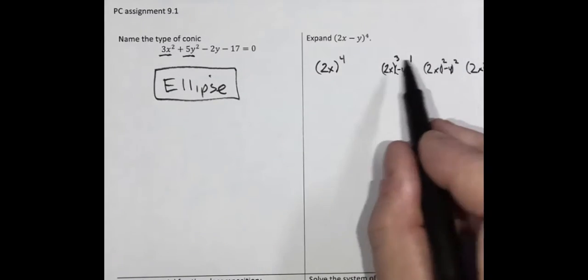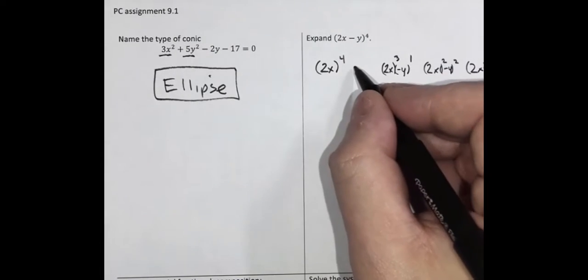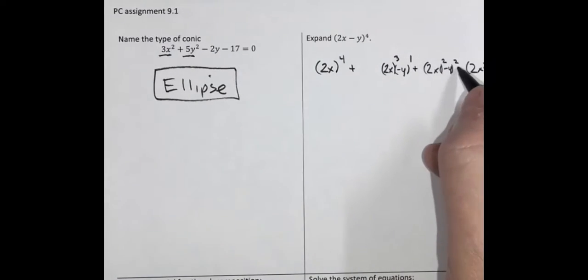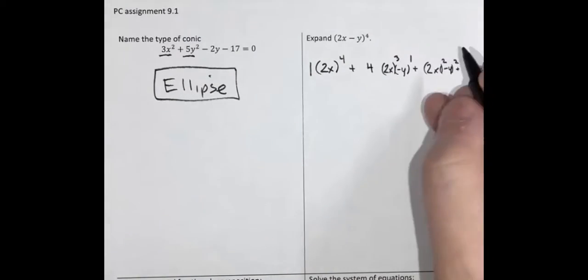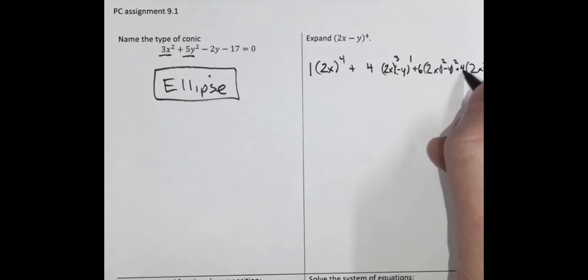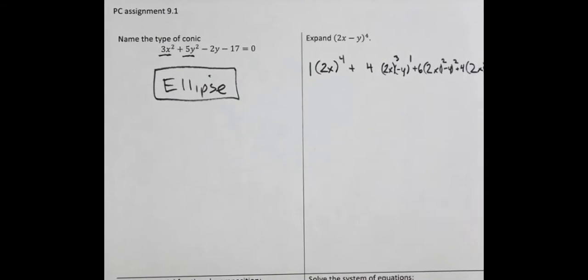Notice that all of the exponents add up to 4, because this is corresponding to the 4 there. Plus signs, and then our binomial coefficients, 1, 4, 6, 4, 1,